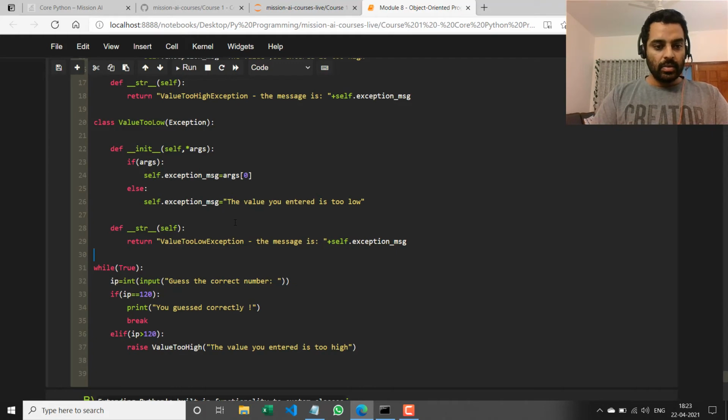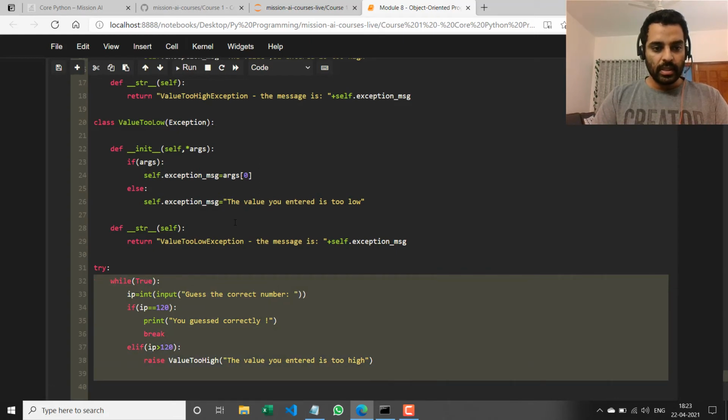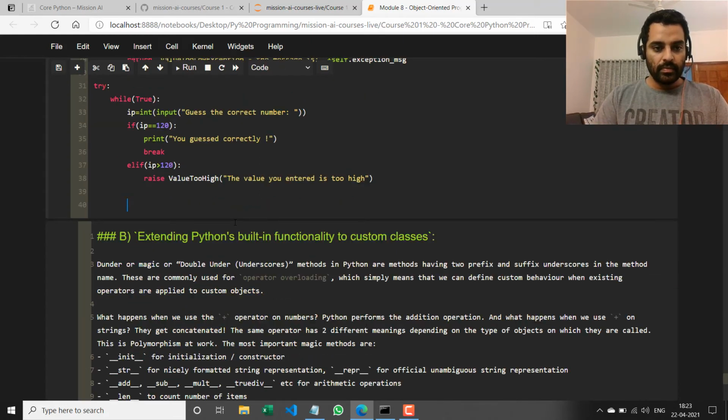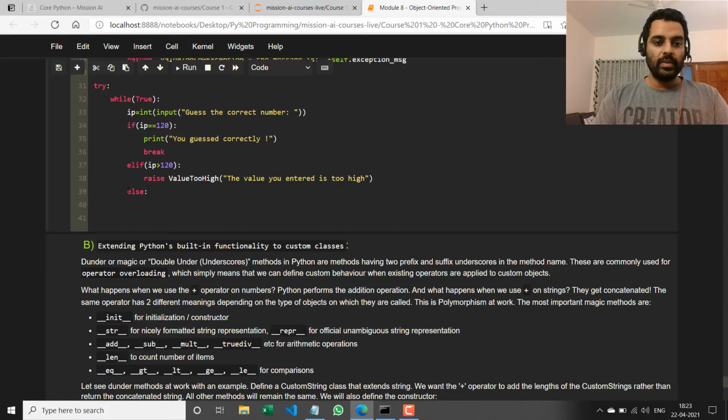And also what I'm going to do is I'm going to put this entire thing in a try except, right? And finally, the else clause, where this is what happens if the value is less than 120. I'm going to raise the value too low exception with the message.